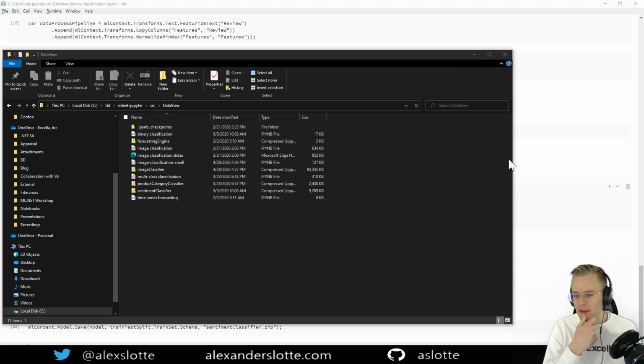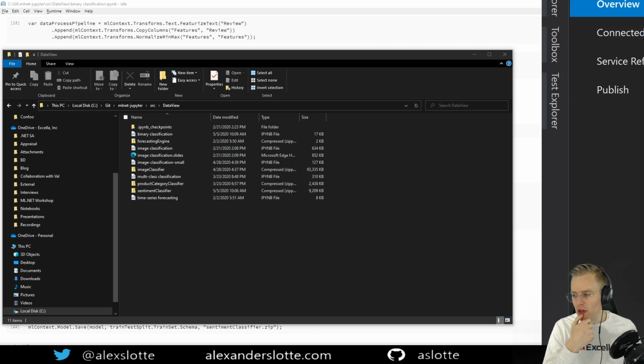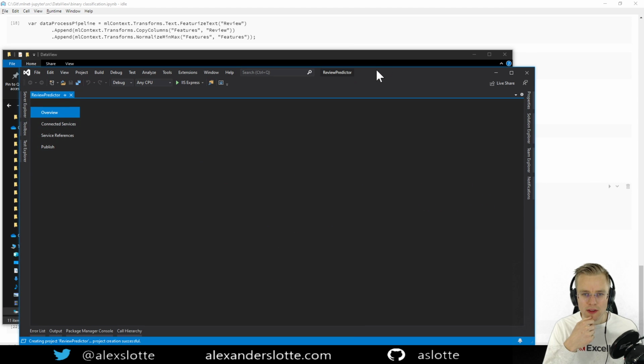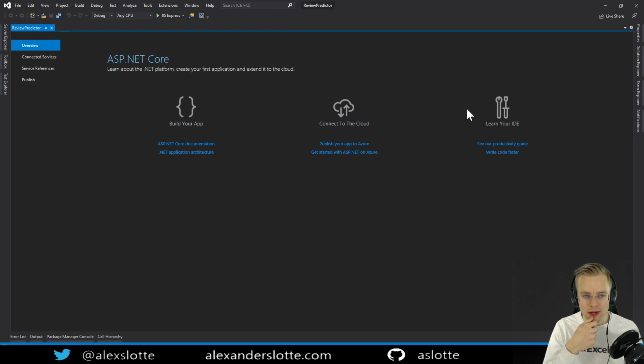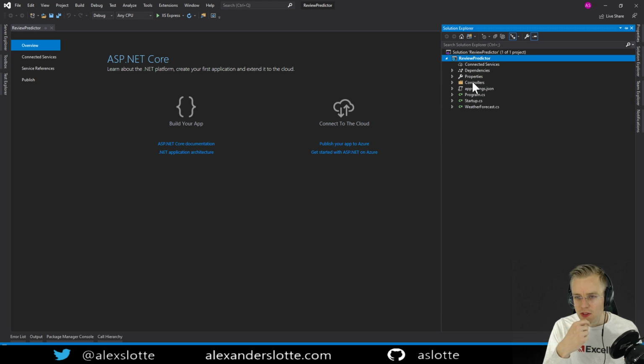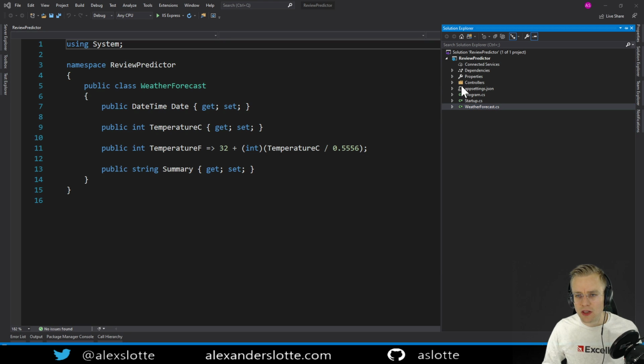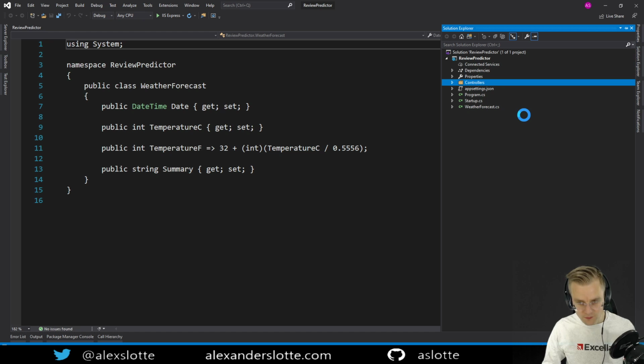So, thank you all for joining, those who just recently joined. What we're going to do here is create the .NET Core Web API that is going to predict the positive and negative sentiment of a review, and then we are going to containerize that and see if we can deploy it somewhere. Cool. So we see here that we have the app right here, and we have tons of stuff that we don't need. So we'll go ahead and create a controller,